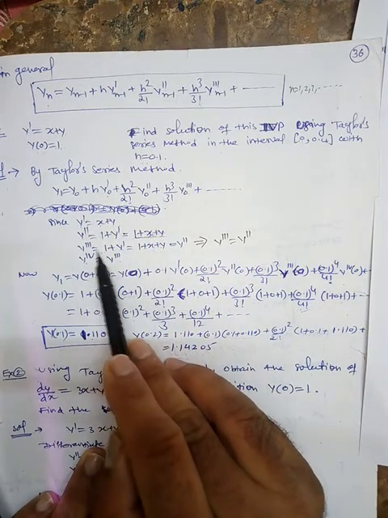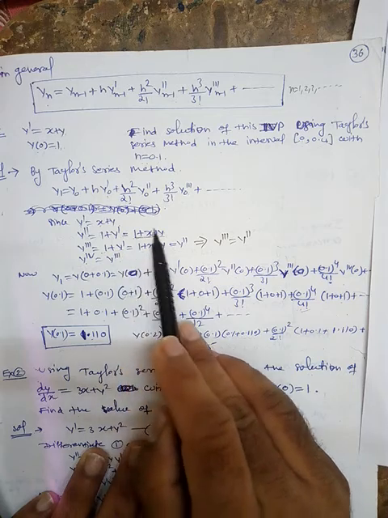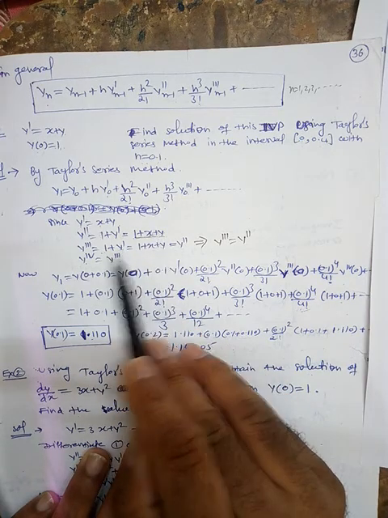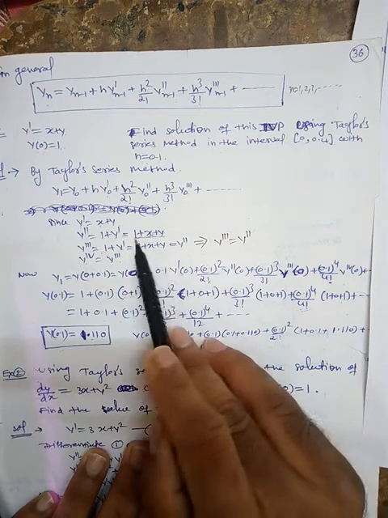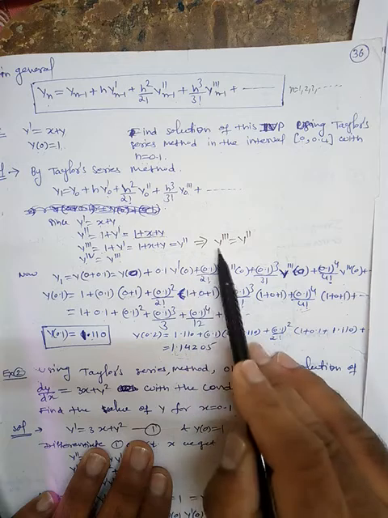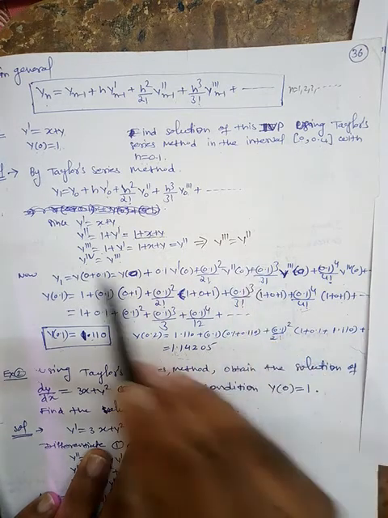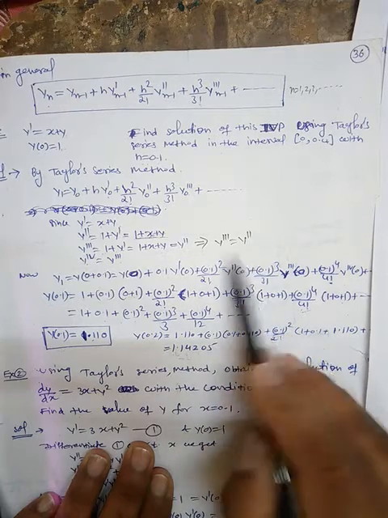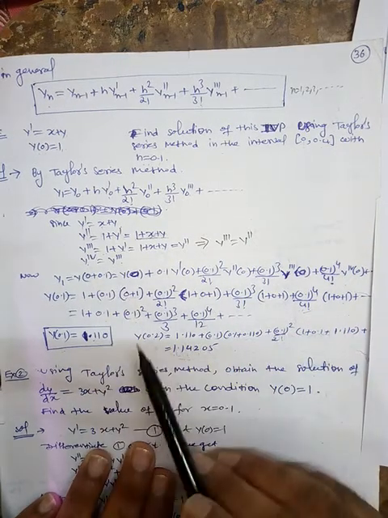We get the third derivative of y is equal to 1 plus, from here this will be 0, this will become 1, this will become the first derivative, and this is nothing but again 1 plus x plus y, which is nothing but the second derivative. So we can say that the third derivative of y is equal to the second derivative of y. Similarly, the fourth derivative of y is equal to the third derivative, because when you differentiate this, you will get the fourth derivative, here you will have the third derivative, and so on.